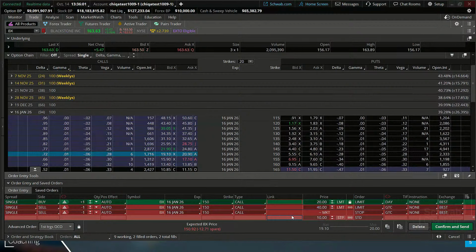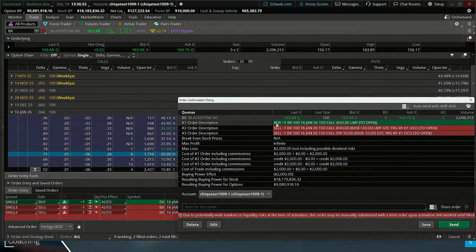And we're not swinging for the fences here with this option strategy, but we are looking for a little bit of a 100% gain here. So that's why I kind of selected those just in our example. I know not the best type of examples today, but again, this is just showing you the process and showing you how this can play out with some warning signs like upcoming earnings and things like that. So we're going to review this order and we're going to hit confirm and send.